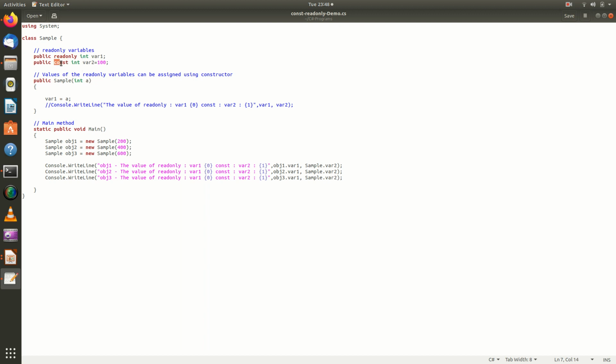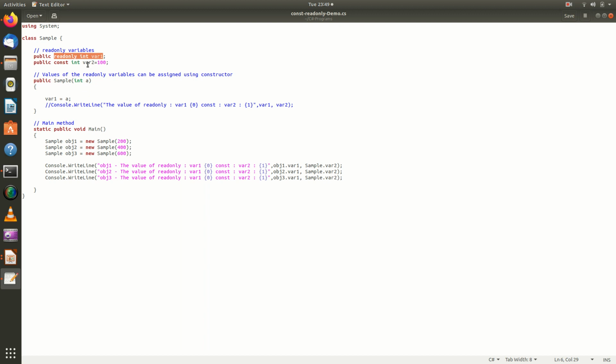So what happens here? This constant member will be common to all the objects of the sample class, whereas the read-only member will be a constant value for each object, different values for each object. Your read-only member can be initialized in a constructor.